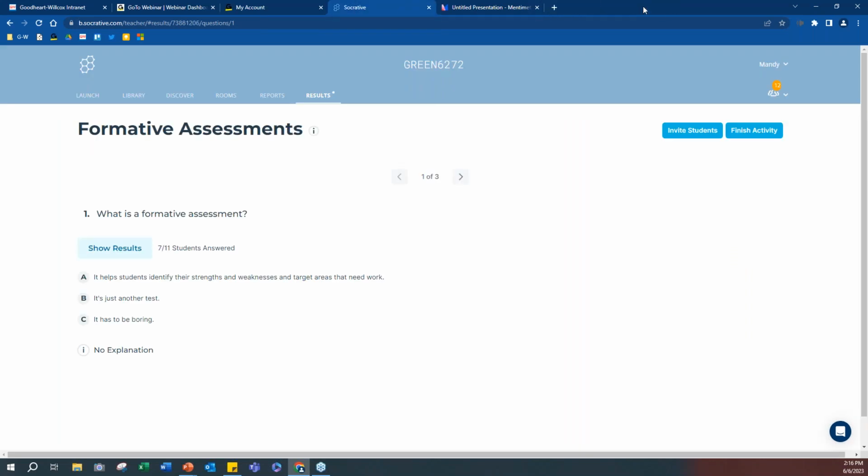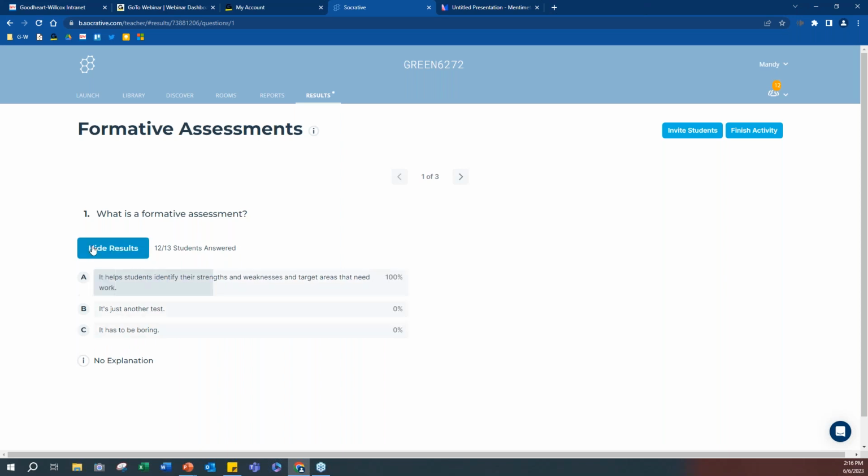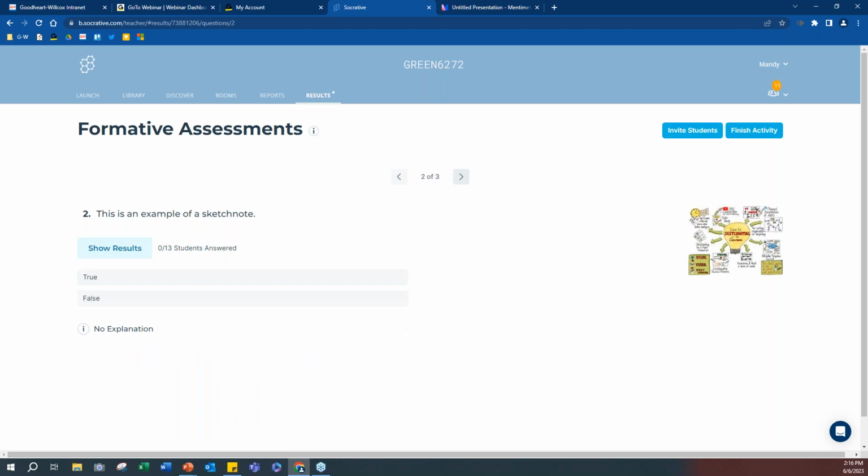All right. So hopefully you're seeing the formative assessment questions pop up. And what you're going to do is respond to what is a formative assessment. Now it's going to ask you to enter your name. You can put your real name, you can put your initials, whatever you want. That works for me. What's cool about this is you created this question and these possible answer choices. I can then show the results. Excellent. We can move on to question 2.